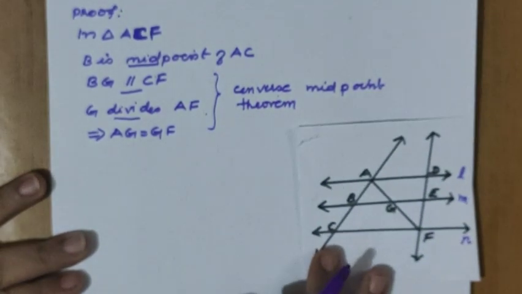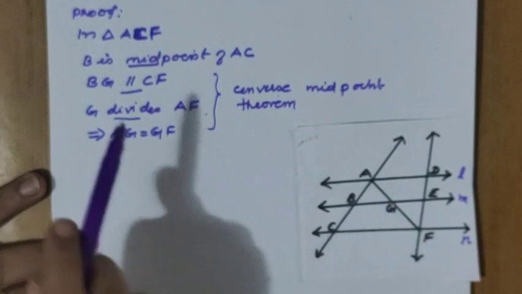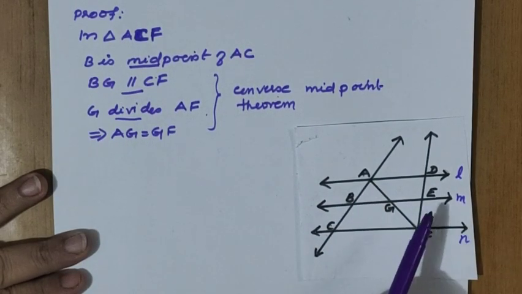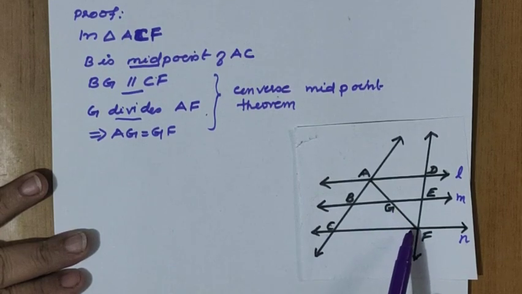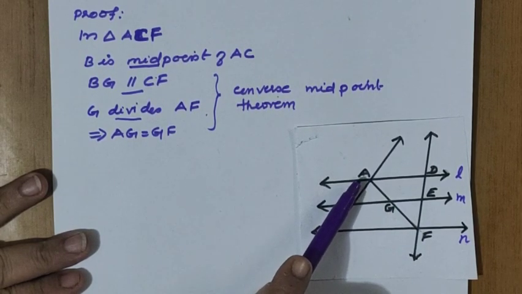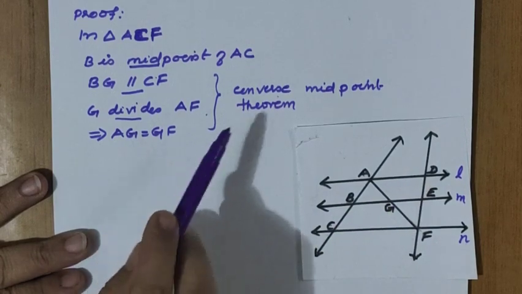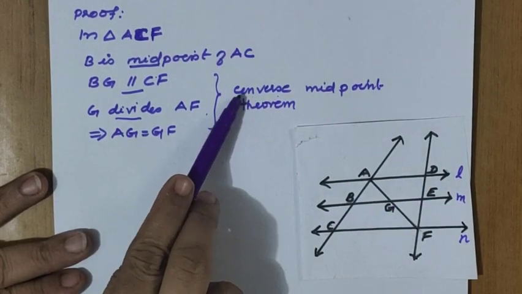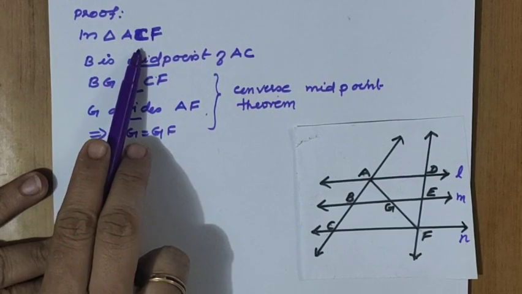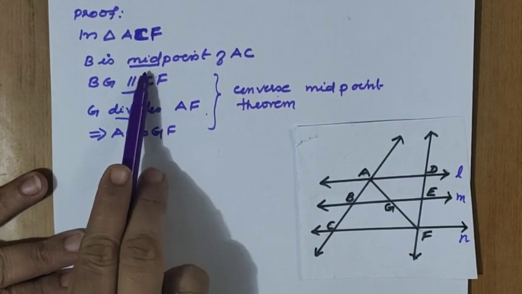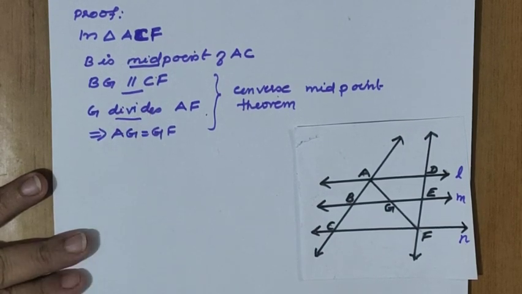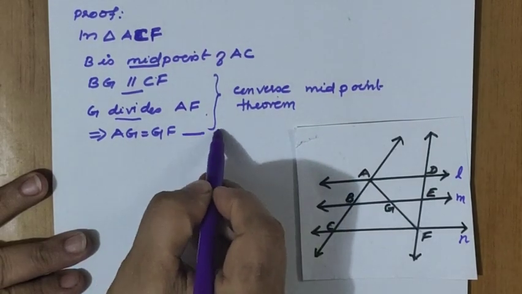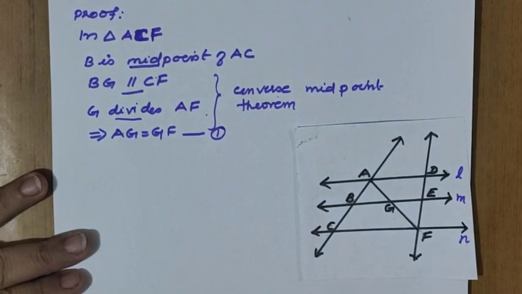Okay. Now we got that G is the midpoint, right? So first we got which triangle? ACF. Now we have to prove that E is the midpoint, right? Then only we get DE equal to EF. So we got G is the midpoint. Now the triangle direction changes. Here we are taking the triangle AFD. So when we are writing the converse midpoint theorem statements, we should specify the triangle and all the statements like this. First which is the midpoint, and the second criterion is parallel, then only it divides, right? So we got AG equal to GF here. I'll make it equation 1 also.